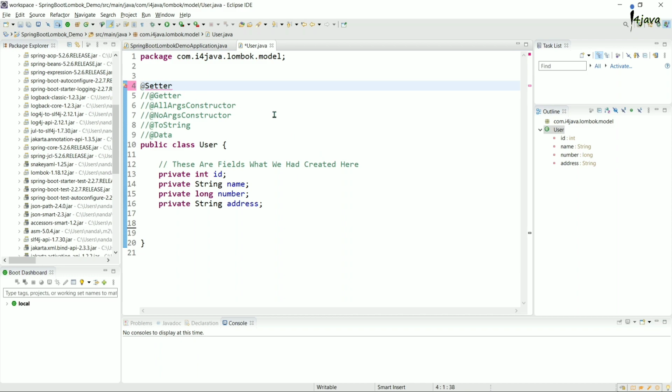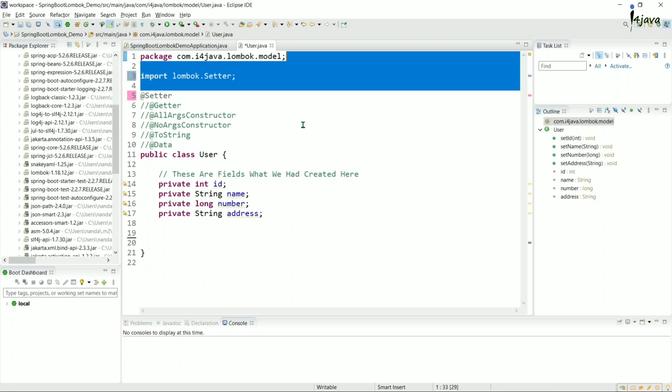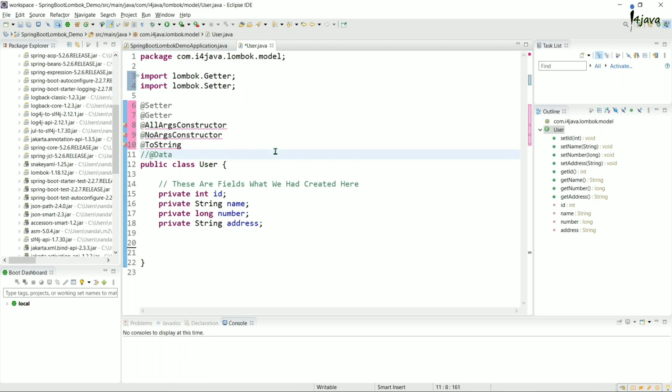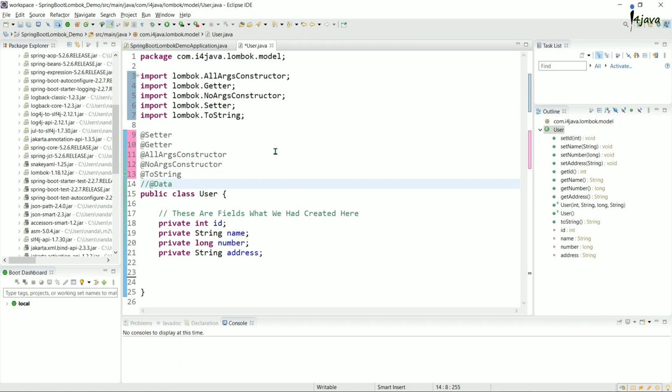For setter I am using @Setter here. Just press Ctrl Shift O and it will import the package. Here you can see our setter method is created. Just select this and uncomment it, and import these packages.